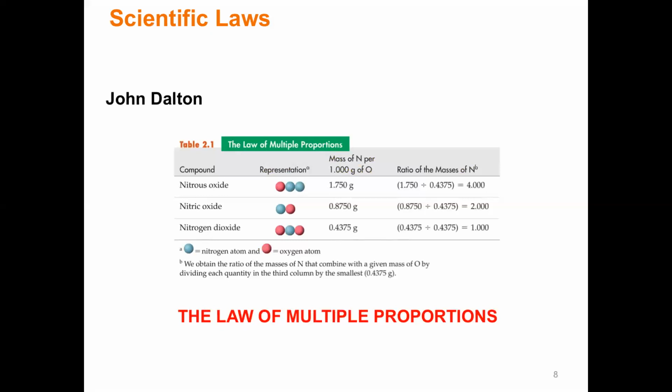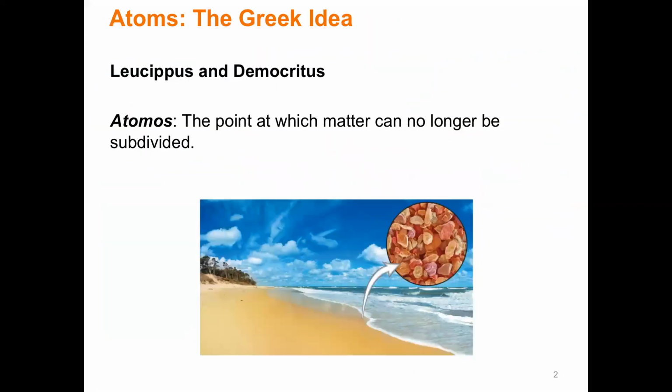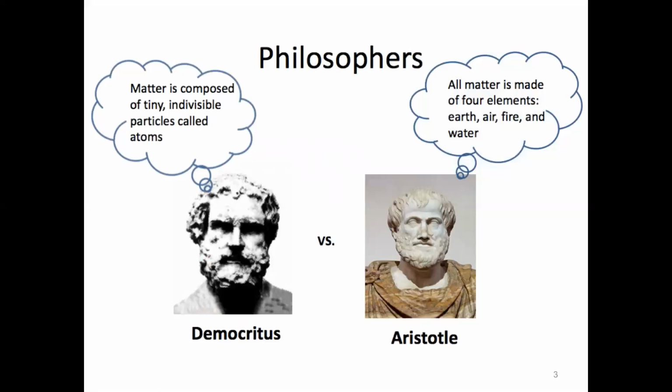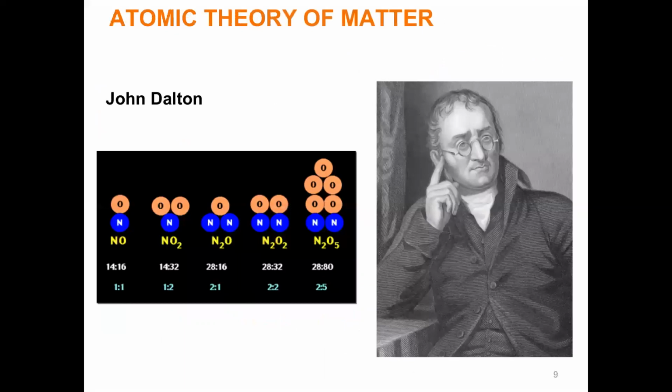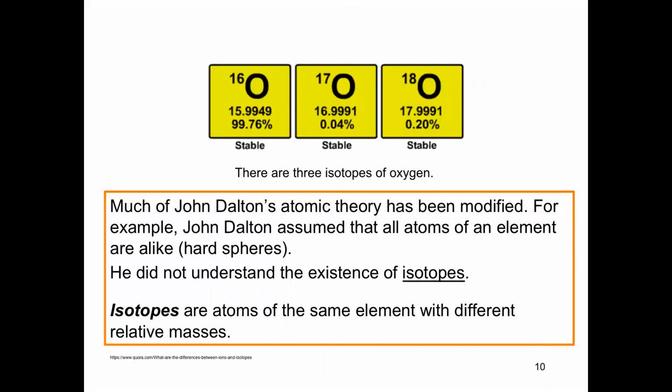And John Dalton, of course, is also famous for atomic theory, and he wasn't quite right, as you'll see, but he really is the contemporary to what we were saying back here. Go back here, the modern version of Democritus, and that would be John Dalton. Here you've got his multiple proportions, and this is a visual so you can see the differences between how nitrogen and oxygen can combine. But he was the person that came up with the atomic theory that we use now.